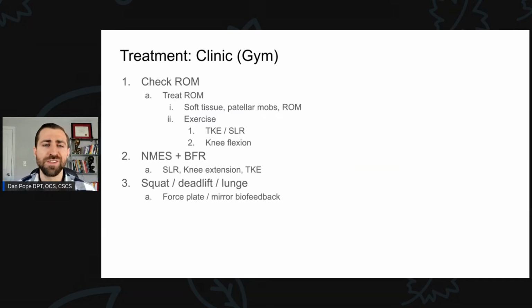Now, what is a traditional treatment session at Champion Physical Therapy with Dan Pope for a meniscus tear? I want to give you an idea of what we actually do in the clinic, as well as what the home program looks like for these folks. When the person comes in initially, I'm going to ask a bunch of questions about how the knee's feeling